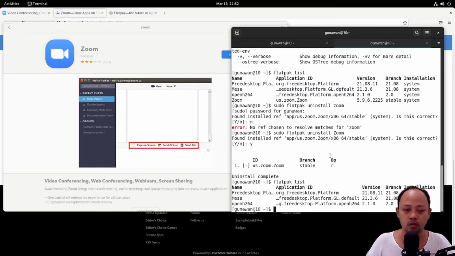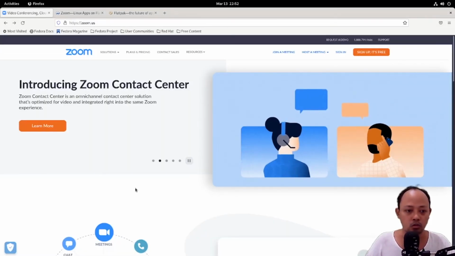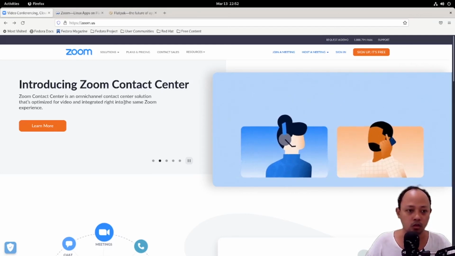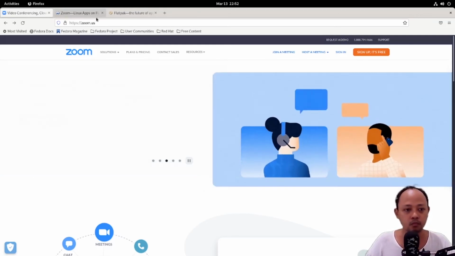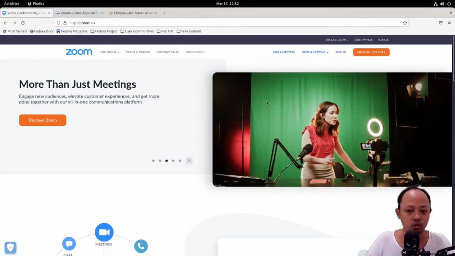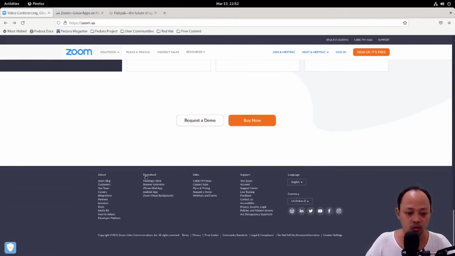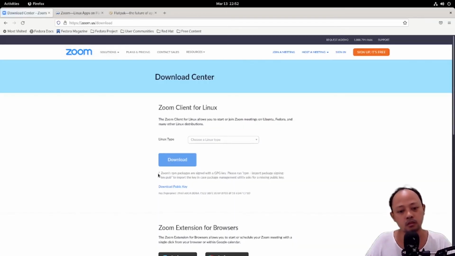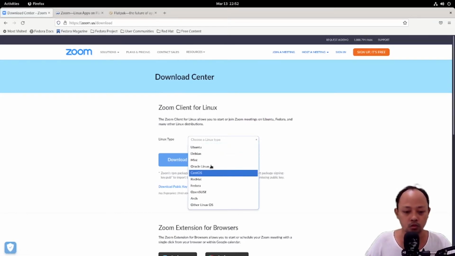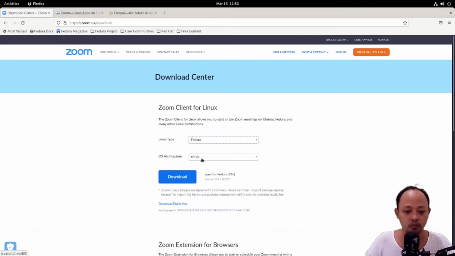And then we will try to install Zoom with the second way. We will download the package from the official website. Go to zoom.us and then scroll down. We will see the download link. Choose Fedora and the architecture.